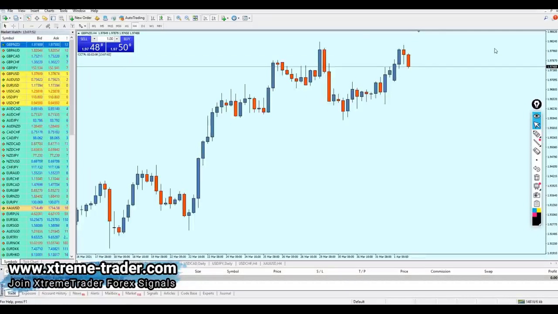Let me zoom in on the 4-hour time frame. As you can see right here, let me change it to make it look better. So as we can see on the 4-hour time frame, we have a resistance level here, and we also have a previous support level right here. Now remember, since I'm on the 4-hour time frame, each and every candle counts.